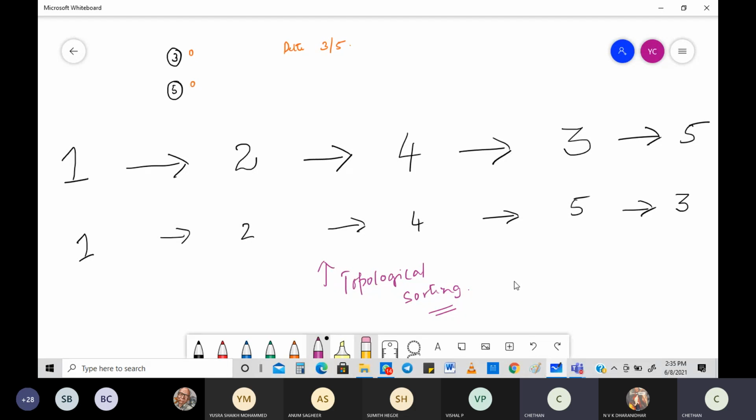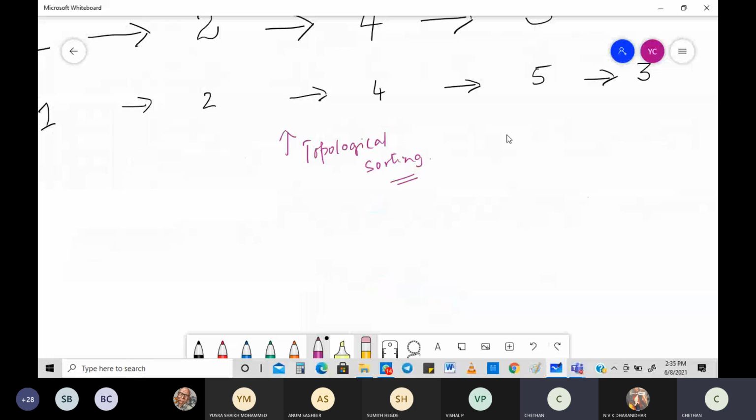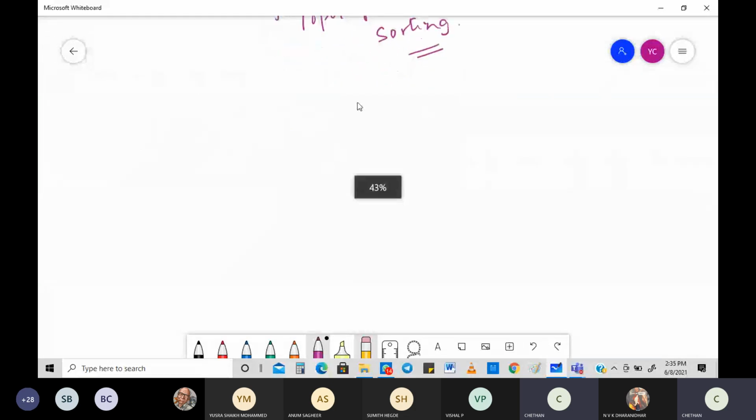We are going to take one more example. We are not going to leave it with just one example, that will never happen here. So we are going to take one more example and work through it. So what is my next example? Let's take one more example and try to work with it.